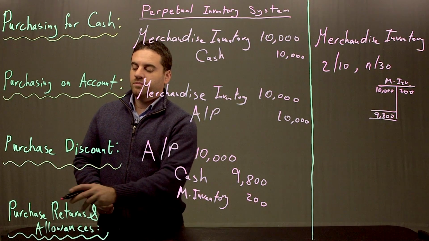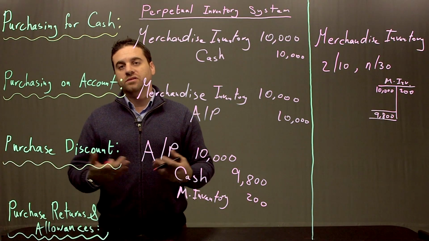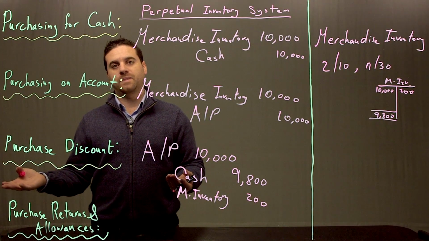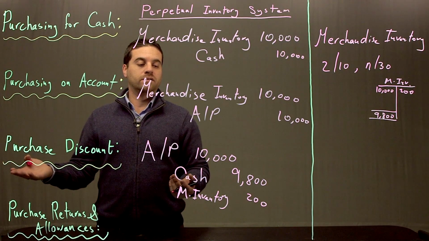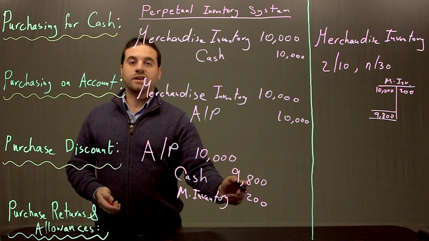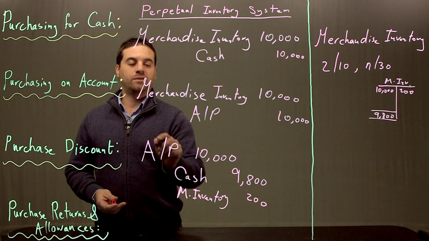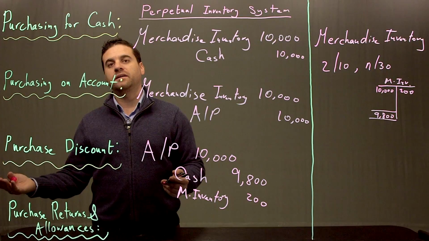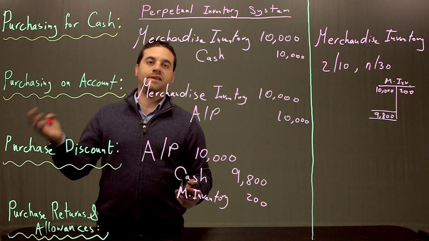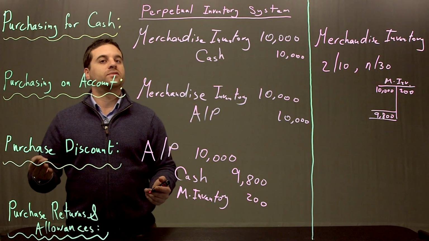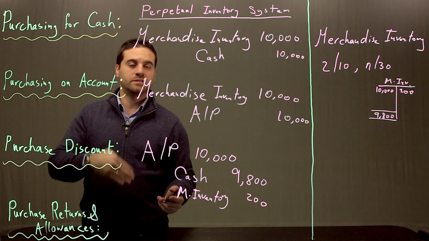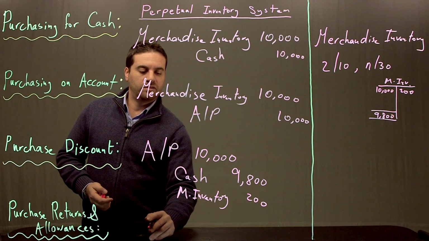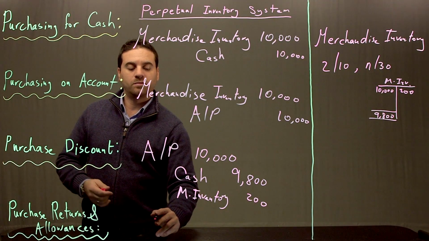Okay, one more example. So what if we decided to return some of that inventory to the supplier? Okay, so remember that we got a discount. Don't forget that. We're going to return, let's say, $1,000 of inventory to the supplier, and then let's say that the supplier will give us cash back, but we also have to consider that the cash back will be less the discount. Okay, so purchase returns and allowances,